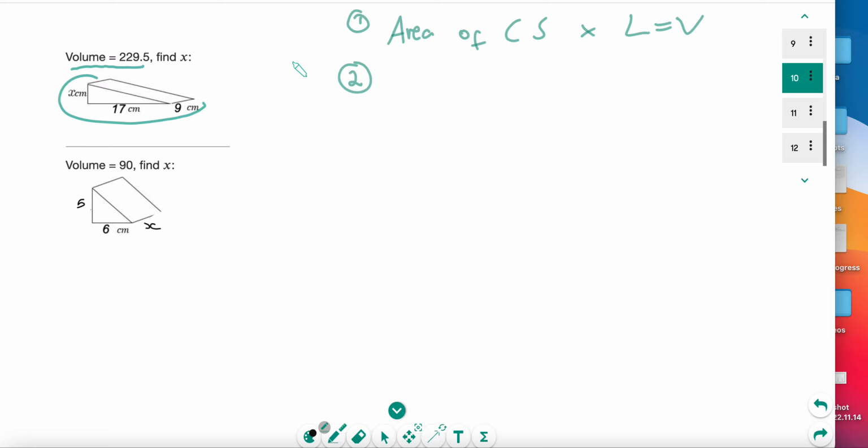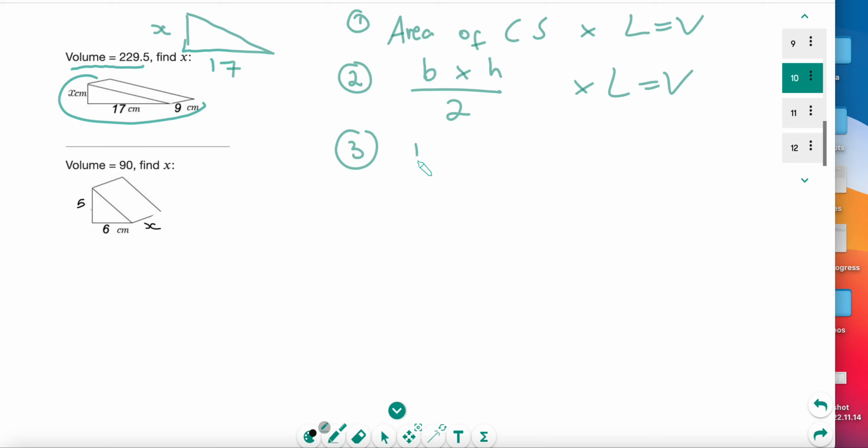Step two, what shape is the cross-section? Well, the cross-section is a triangle. So how do you find the area of a triangle? Well, it's base times height divided by 2. And we'll just fill out the rest of the formula. Times length equals volume. And we're going to fill in the blanks. Well, the base is 17. The height is x. Divided by 2 times the length, which is 9, is equal to a volume of